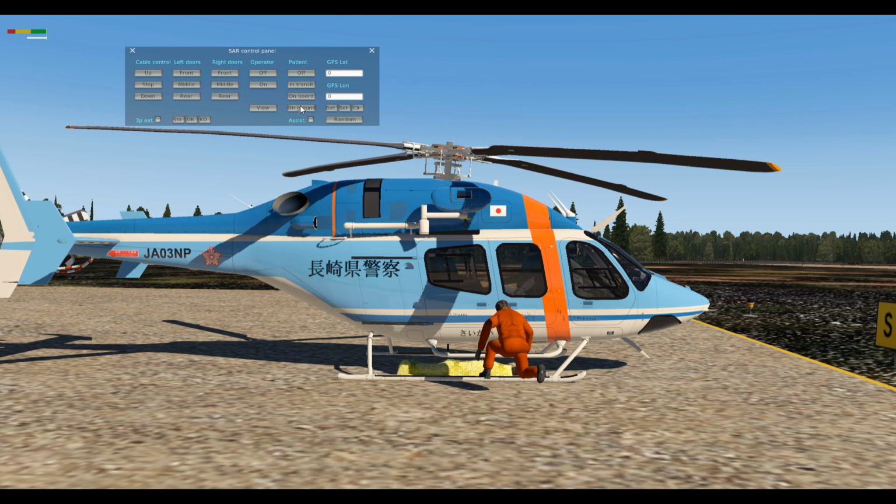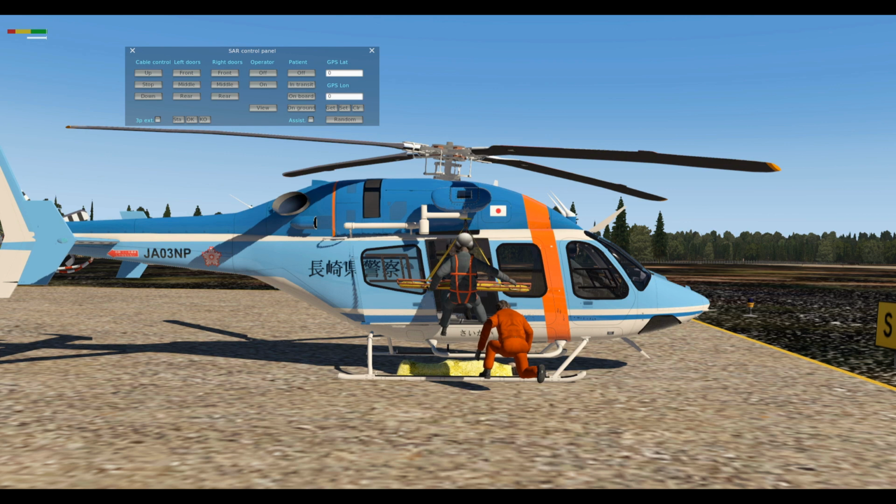So let's put our patient on the ground again, and then all I need to do is, using voice attack or a button, open right slider. Stand by, I'm hooking in. So he'll tell you that he's hooking in. He'll tell you when he's ready. I'm ready, lower the winch. So now that he's ready to go, you lower the winch, and he'll tell you when he hits the ground,